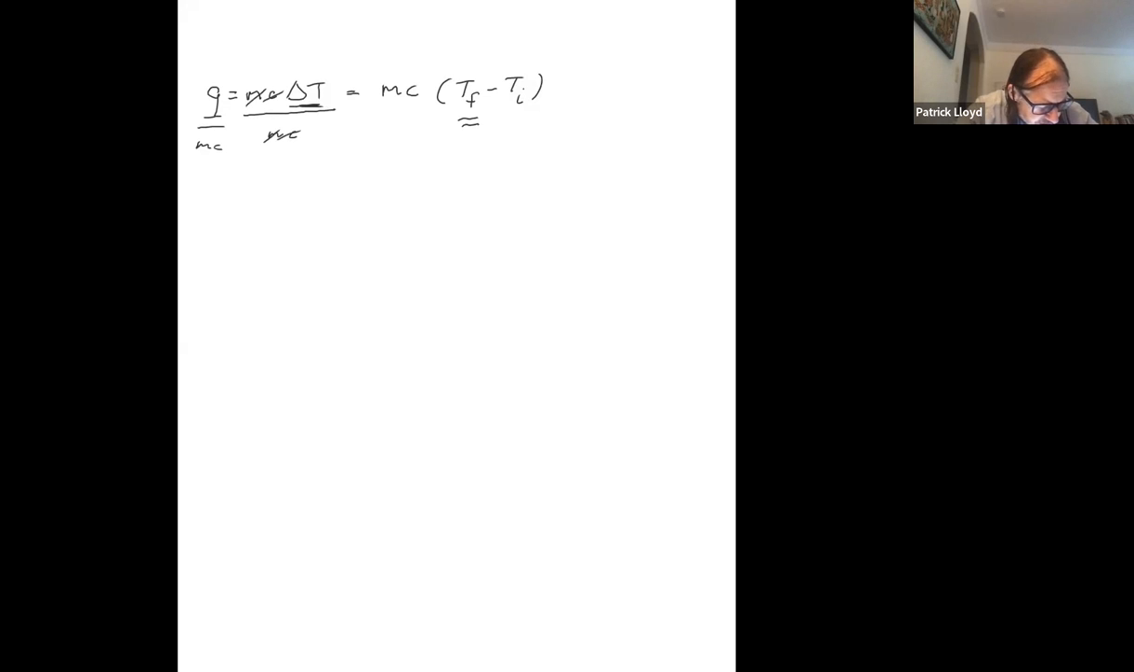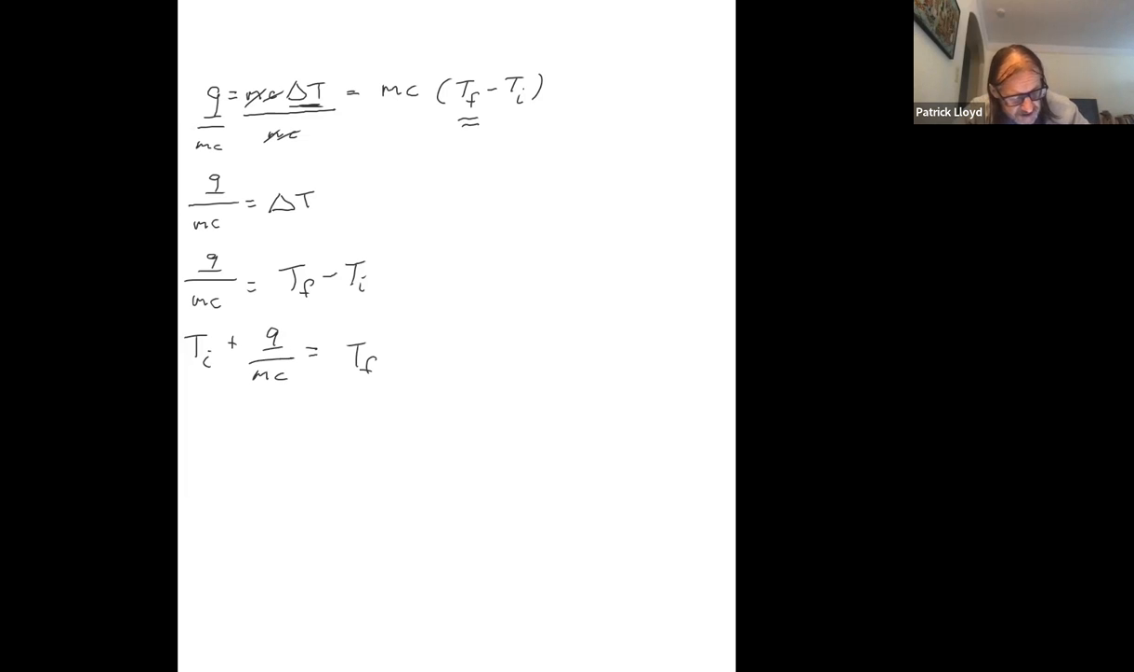So that means that Q over MC would be delta T. But delta T is T final minus T initial, right? So if we want to find just T final, which this question is asking for, we would add T initial to both sides. So let me write it this way: T initial plus Q over MC equals T final minus T initial